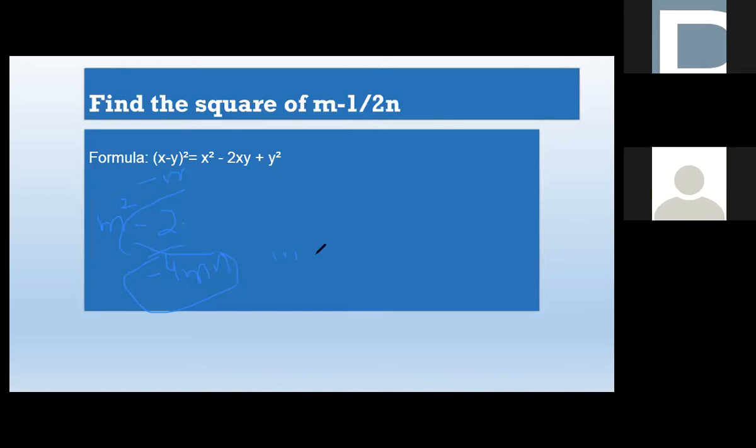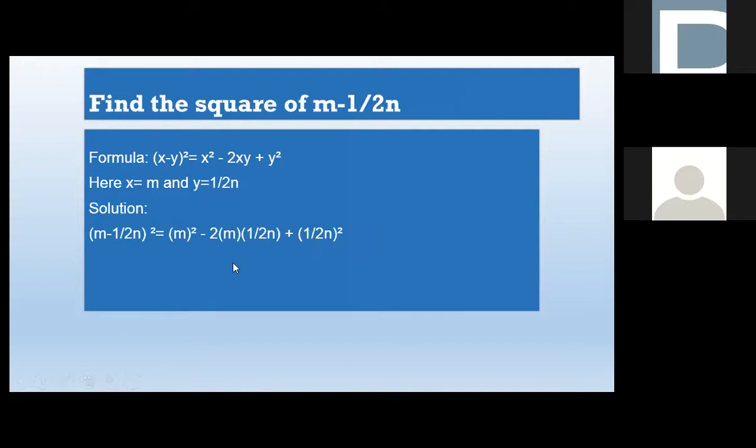Okay, so here students have given me different answers. What I got from your response is that you are having difficulty in solving only the second term. Okay, so now let me explain properly. Beta, first term is m square and the third term is 1 over 4n square. Now the problem is the second term. Here 2 and 2 will be cancelled, and here we get minus m over n.